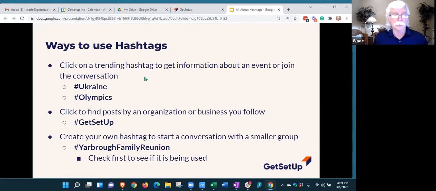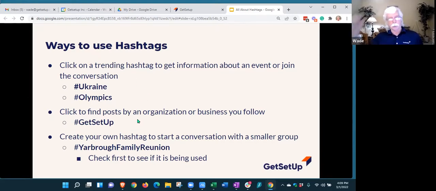We'll actually go into a few social media sites for sure. We'll go into Twitter and Instagram, since they're the heaviest hashtag users, and show you some real life examples. But I want to set the table first in terms of what you're going to be looking at. Anyway, that's a very common use of hashtags, to group a lot of different posts from a lot of different people around some common topic, and typically something trending.